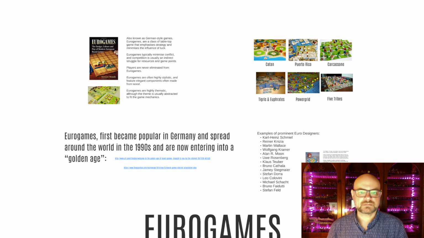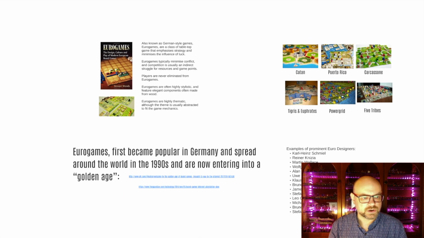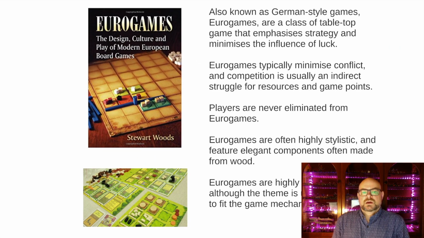So Euro games first became popular in Germany, and they spread around the world in the 1990s, and they're now considered to be part of what's known as the golden age of Euro games. So also known as German-style games, Euro games are a class of tabletop game that emphasizes strategy and minimizes luck.